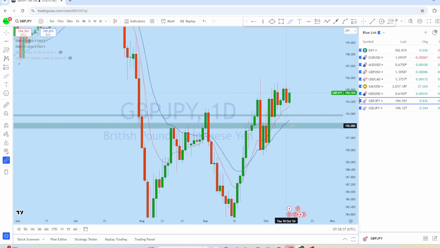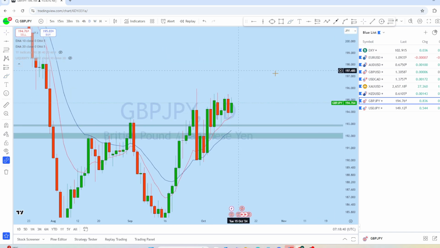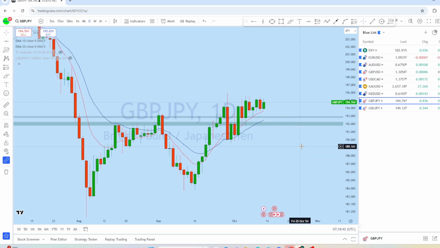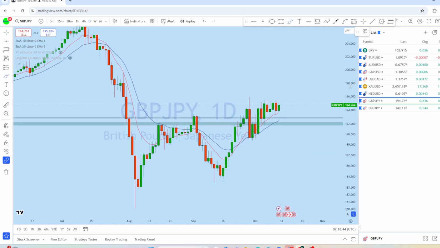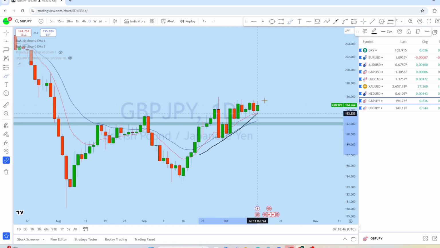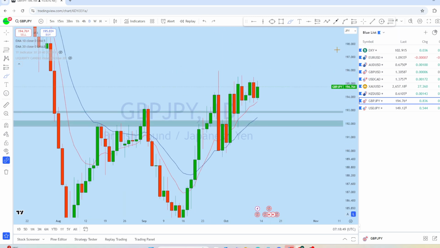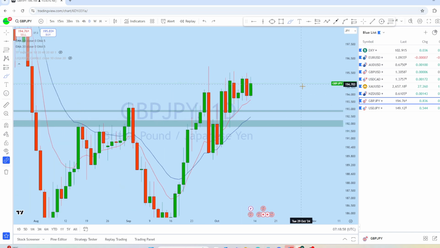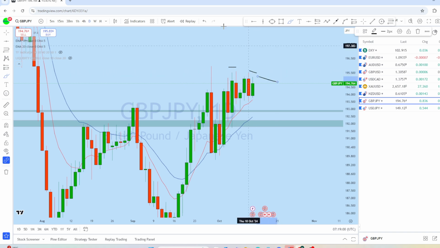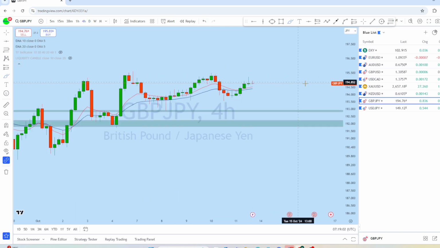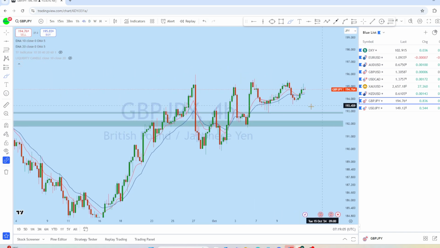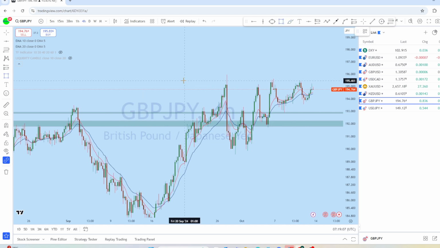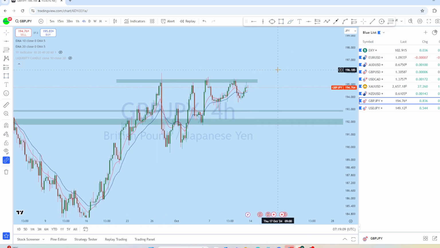Now, if we look at the daily chart on GBPJPY, from the daily perspective, this is a daily bullish market. The market is forming a series of higher lows, and we can see a strong bullish engulfer here, followed by every day the market grabbing liquidity and then bouncing back to the upside. At the same time, we see a series of lower highs on the daily time frame, which signals that the trend most likely exhausted. And here on the 4-hour, we have an important clue to look at.